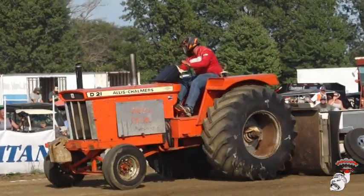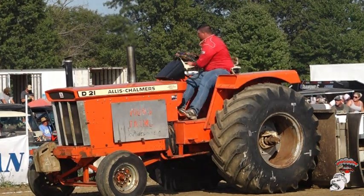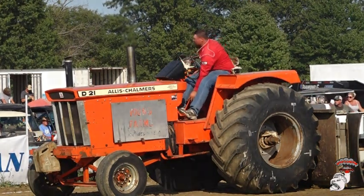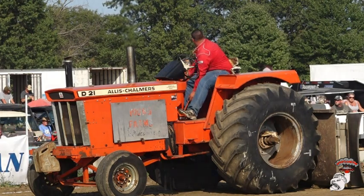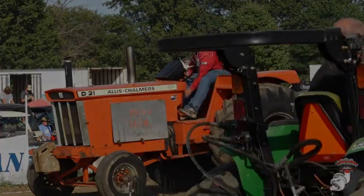Lays down a 239 and 7, 239.75 with a 12.7 miles an hour. And what we're looking at here in the Legend tractors was really before we got to the multi-disc clutches. We hadn't gotten to